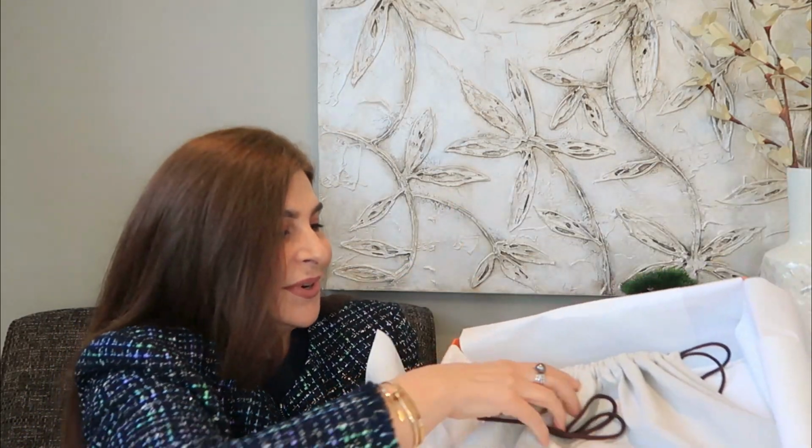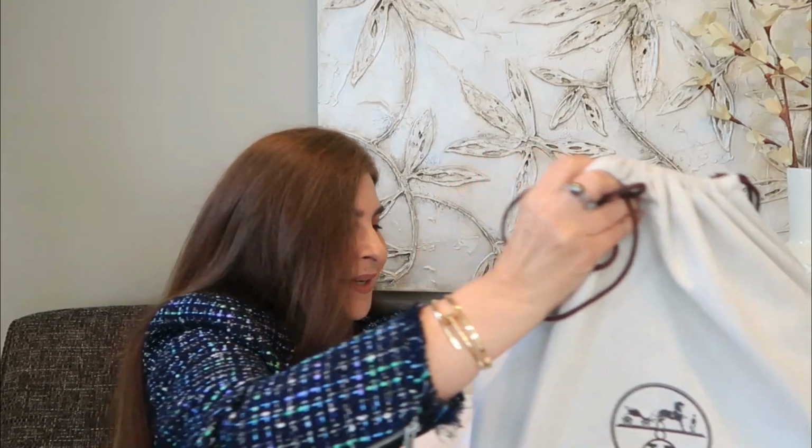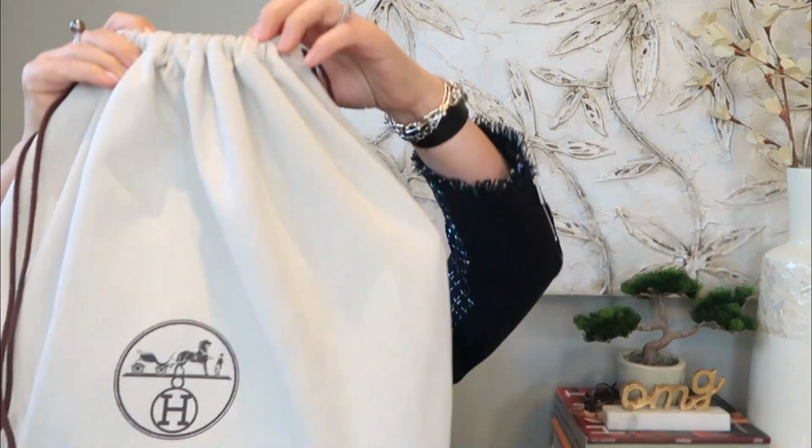And I love how they do it at the boutique. I'm maybe gonna also include a short clip because she was taking her time, literally. She was taking her time. Okay, oops. Put it the wrong way. There you go. And this beauty in its nice comfortable bed on a pillow, and it always comes with a raincoat, especially for Quota bags, or actually some of the Hermes bags that aren't Quota also come with the raincoat. So anyway,